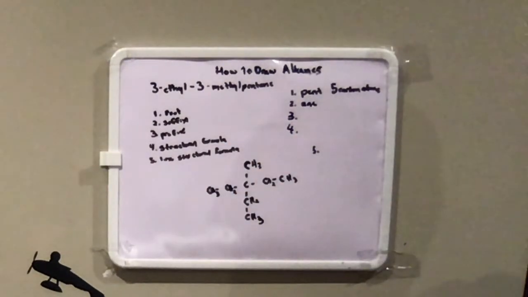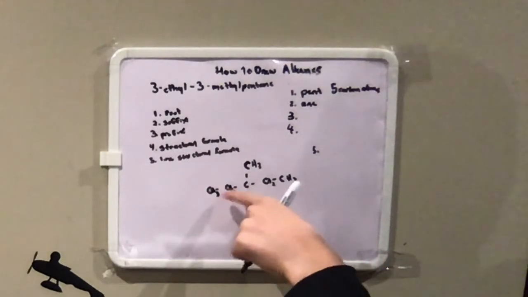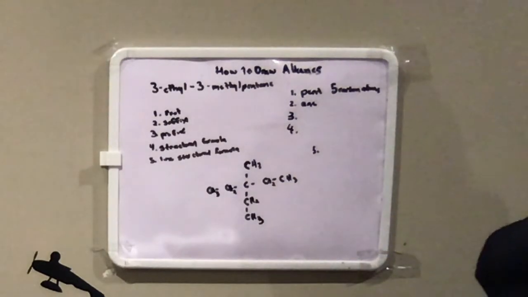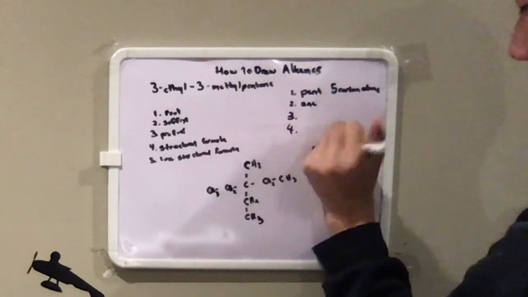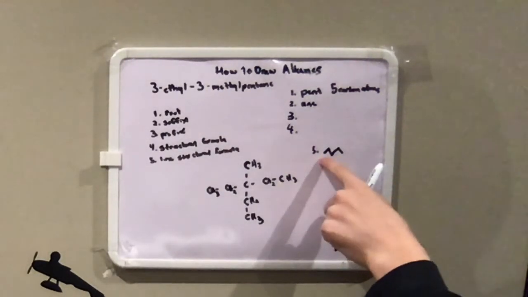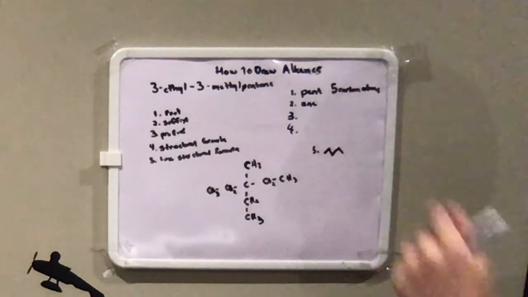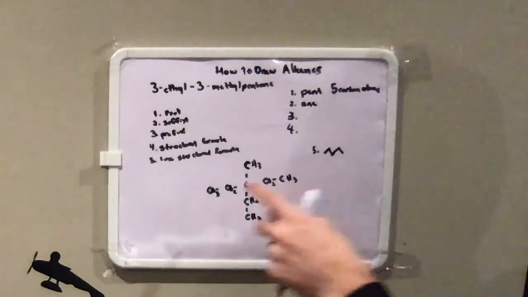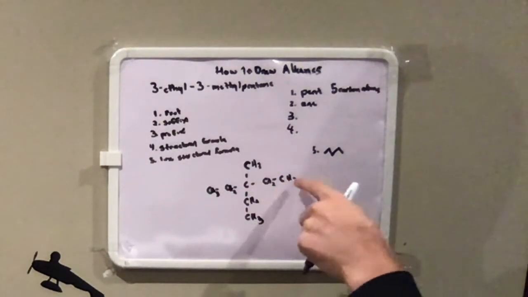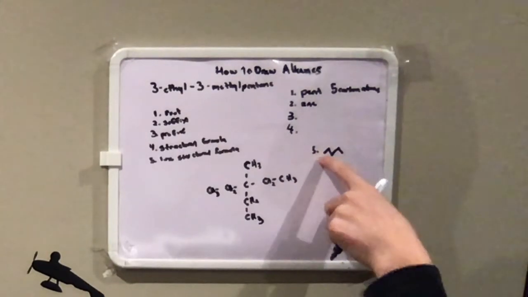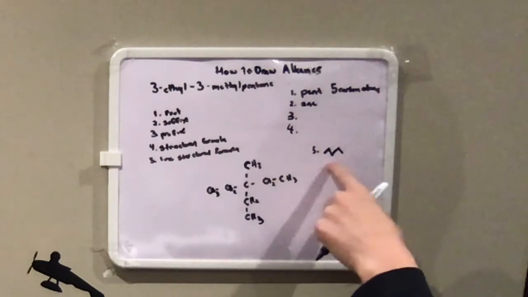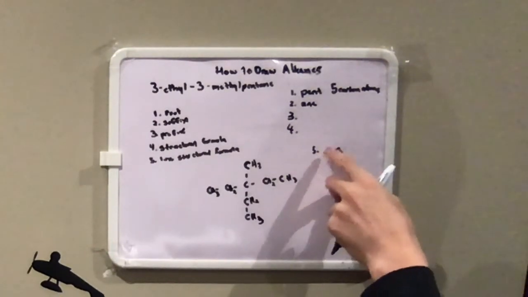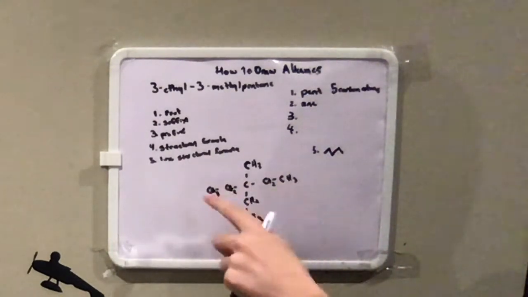To draw the line structural formula, for the carbon chain, it's just a zigzag. So pretend I have this, right? Each end of the zigzag line represents 1 carbon atom. And we have 1, 2, 3, 4, 5. So there's 1, 2, 3, 4, 5 in this one actually. So we can use this one. So that represents 5. So that represents the chain, our carbon